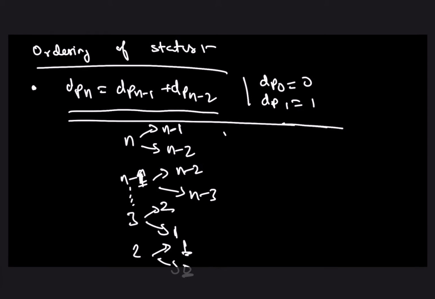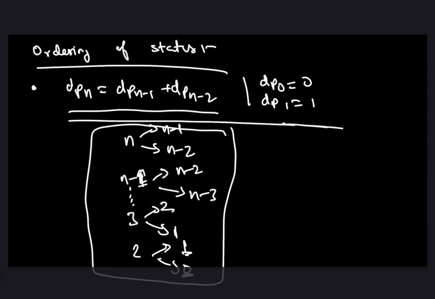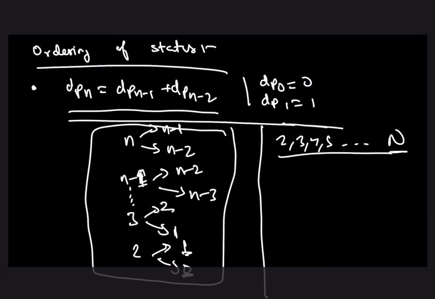There is a way to represent this all as a directed acyclic graph. All right, and the order in which you solve the states is actually the topological sorted order of the directed acyclic graph. For the case of the Fibonacci series, the order is something like 2, 3, 4, 5, and up to n. That is, before computing the nth state of the dp, you will compute the n minus 1th state, and before computing the n minus 1th state, you will compute the n minus 2nd state, and that goes on up to 2. All right, so you will solve the states in this order. That is, first you will solve the second state, then third, then fourth, then fifth, and up to n.